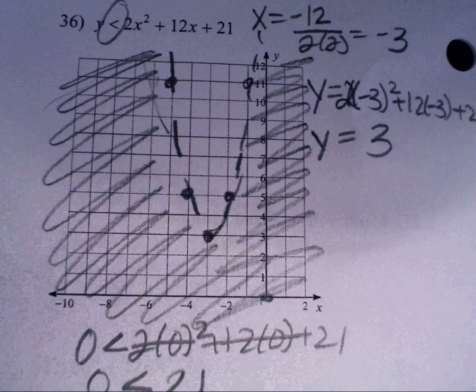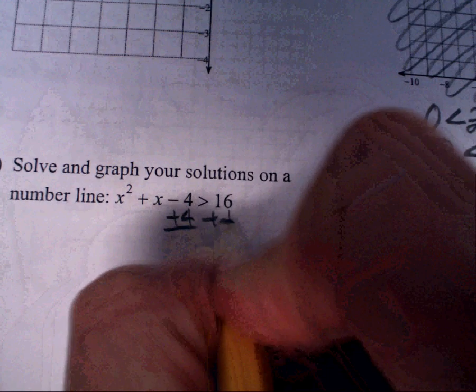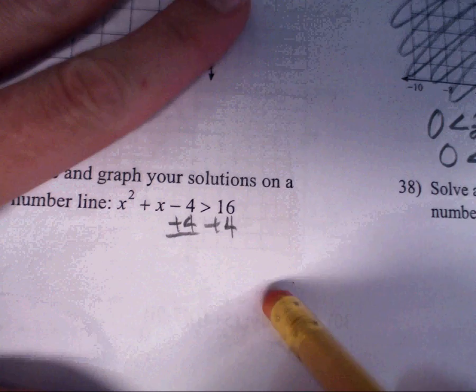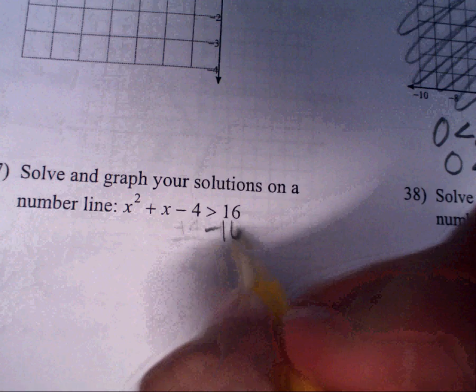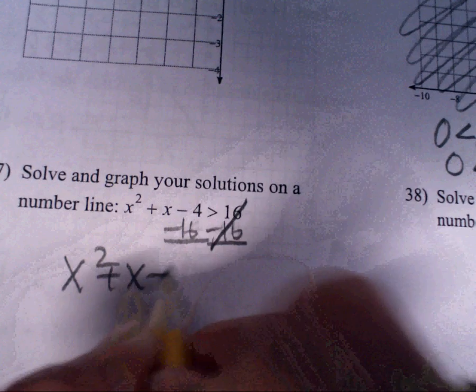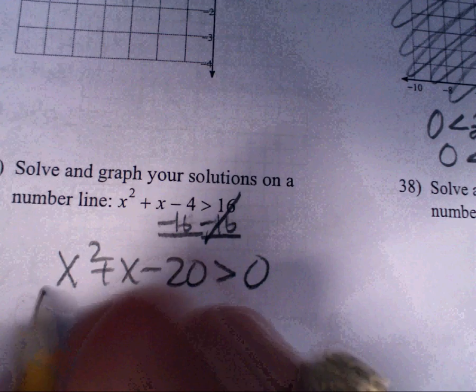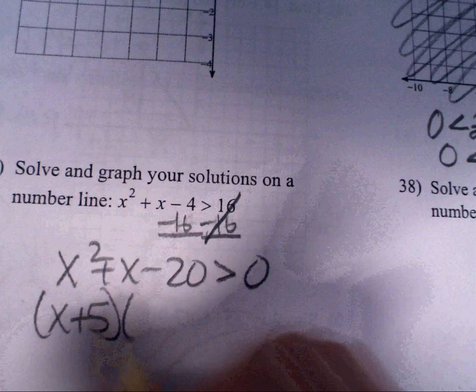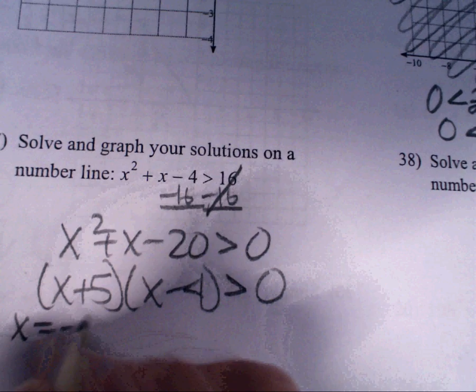Alright, so two more. We're going to do 37. So 37, I'm going to add 4. Why am I adding 4? I'm not going to add 4. I need to solve this, and I'm going to try by factoring. So let's see if this can be factorable. So x squared plus x minus 20. Notice that in factoring, it's got to be in standard form. So (x plus 5)(x minus 4). So yeah, it solves. x equals negative 5,